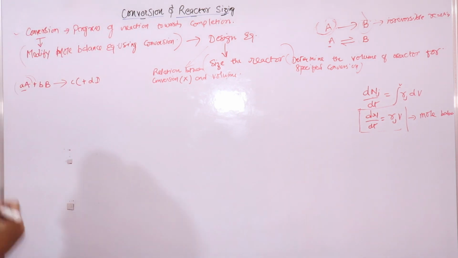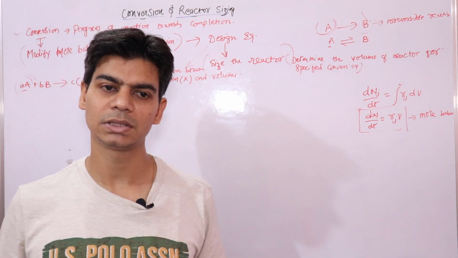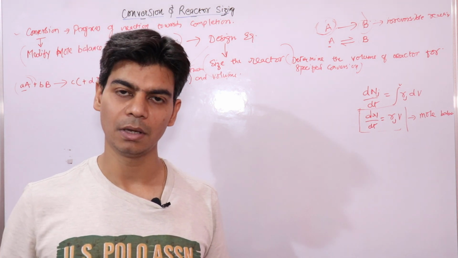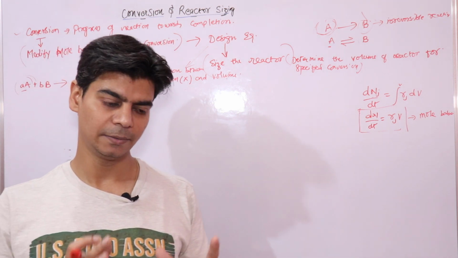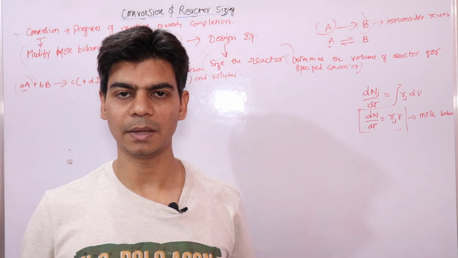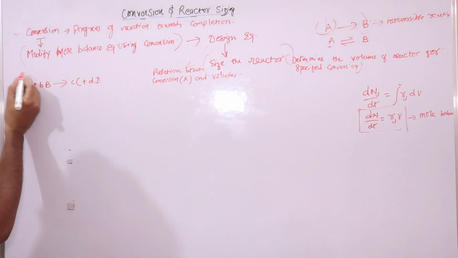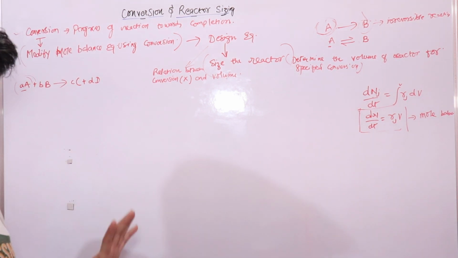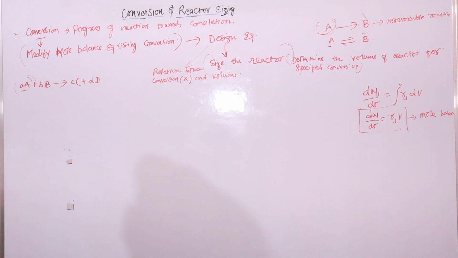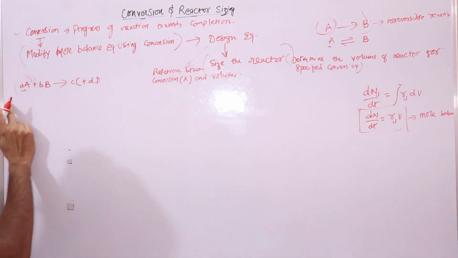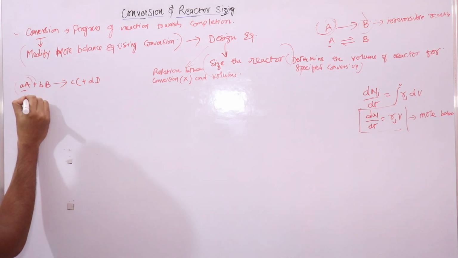Generally the reactant that we select for such calculations is the limiting reagent or limiting reactant. What is a limiting reagent? We have done this in school chemistry. In the chemical reaction, the reactant that completely reacts is your limiting reagent, right? So we will assume this as the limiting reagent, and it will completely react in this chemical reaction. What we will do is divide this entire equation by the stoichiometric coefficient of this capital A, which is a. So it will become